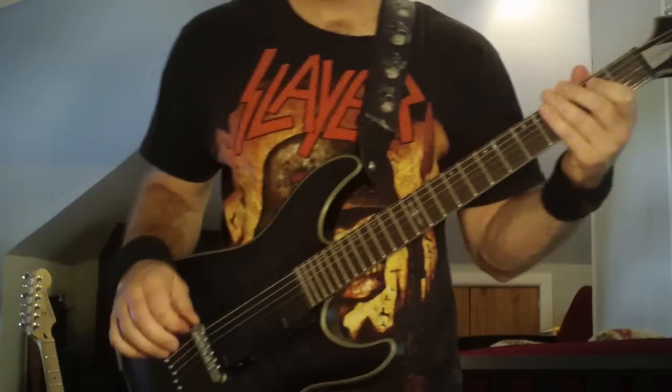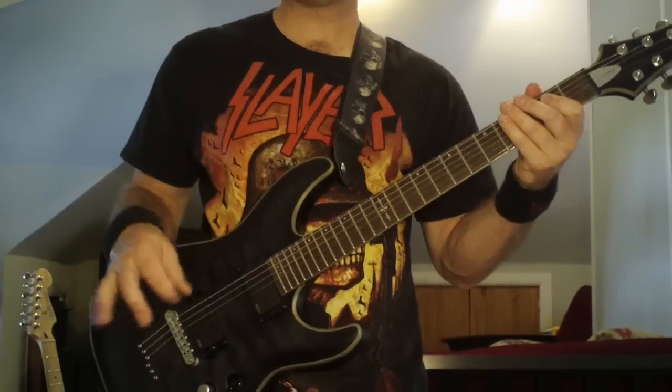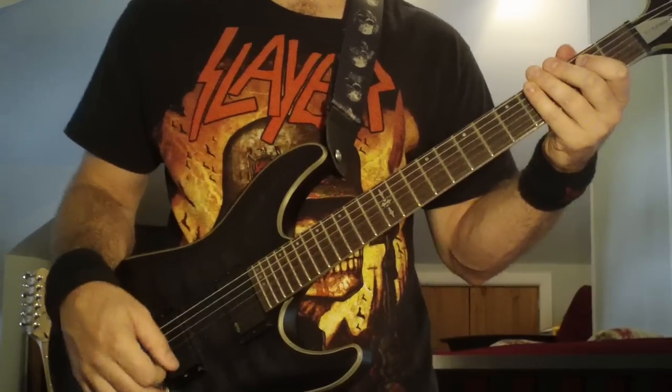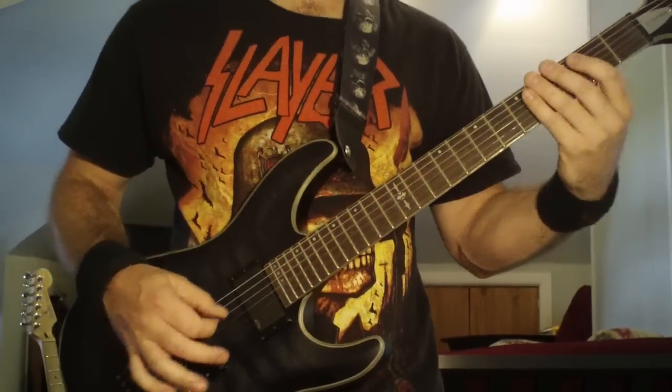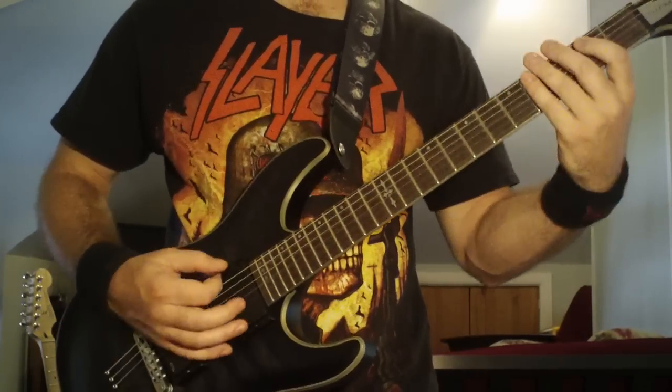Okay, and then from there, the song slows down a little bit, but don't think you get a break, because this is all down picking, and this hand is still going to be going basically 100%. So here's how that riff starts. It's going to go after he does the...